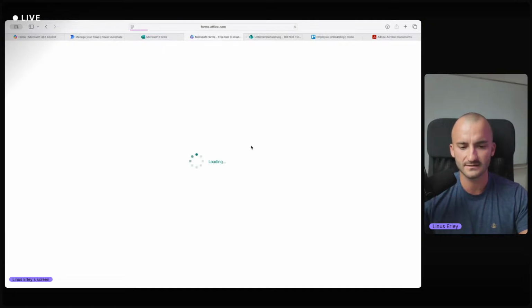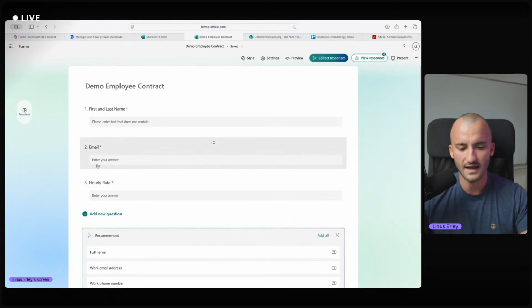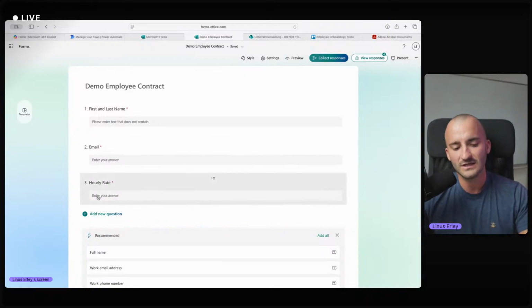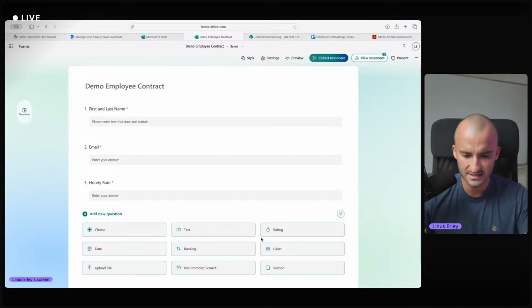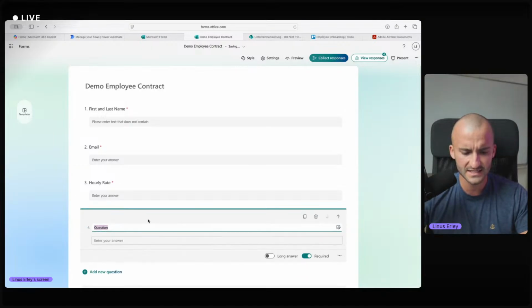Let's quickly open that. And it should give us a quick form like name of the contractor, email, address. We obviously always need to get the email, and we're grabbing the hourly rate as well. I think that's cool. I think we could maybe say something else that would be important for me, would be another text field, and this will be the subjects